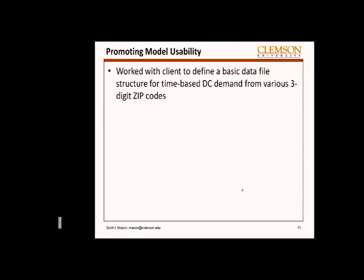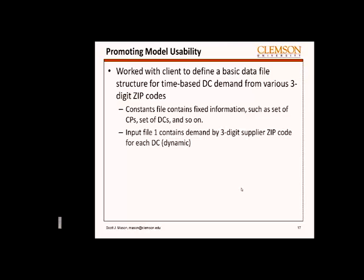In other words, we had to change and massage the data to properly format it to get it into our model. Automatically, we wrote code to do this. We wanted to make sure that the constant information, like the distances and things that don't change on a daily basis, were in one type of file. We kind of left that alone. Another file dynamically did the aggregation of the 3-digit supplier zip codes. And lastly, we wanted to make sure that the distances from the 3-digit zips to each distribution center were managed